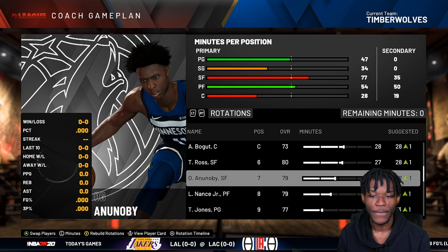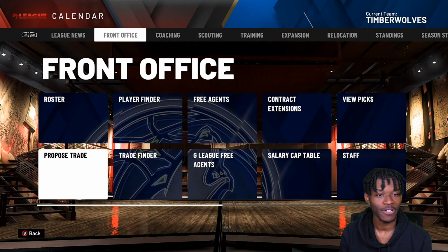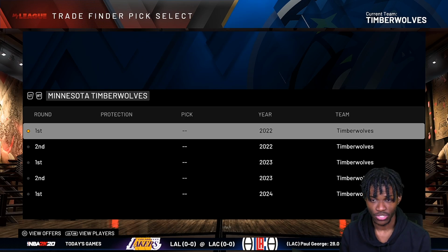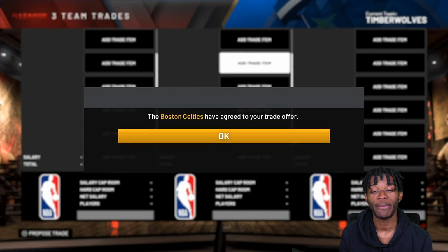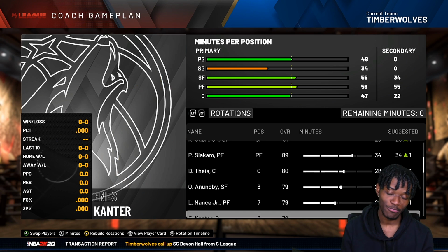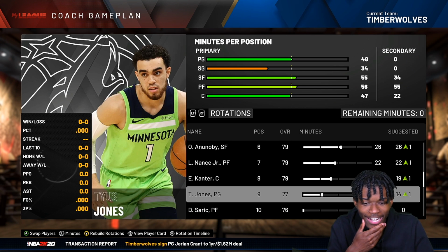and no center. But we have too many small forwards anyway, so we're going to flip one of these small forwards for a center. And I think it's going to have to be Terrence Ross in the 1st. Daniel Theis and Enes Kanter are both coming to the team. A nice 2-headed monster right there. One that's pretty good on defense and one that's pretty good on offense. So that's cool. I kind of like our team right now.